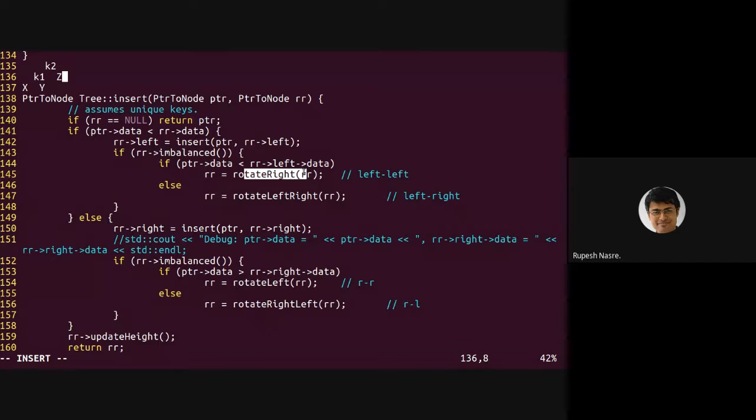So please remember this diagram, because I am in the text window, so I am not able to show the slide. But remember this, that K2 is the root node, K1 is its left child, and then K1's left and right. And then this gets converted into this: this becomes K1, this becomes X, K1's right child becomes K2, and K2's left child becomes Y, and right child continues to be Z.